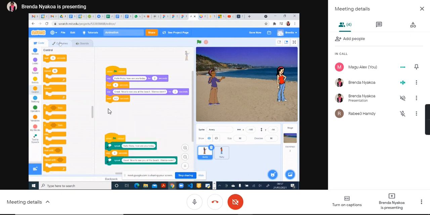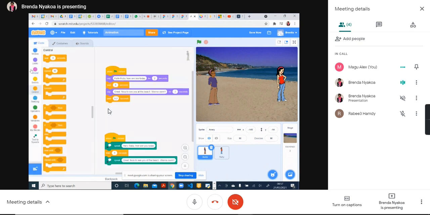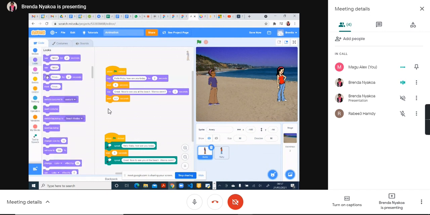Because if you come here to costume, you'll see she can lift her hands or she can put them behind her. So after saying "great, nice to see you on the beach, wanna swim," I want her to change the way she's standing. Yeah, like that. So when I click on it, after she says wanna swim, you'll see her